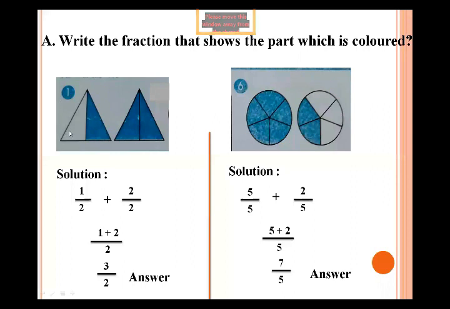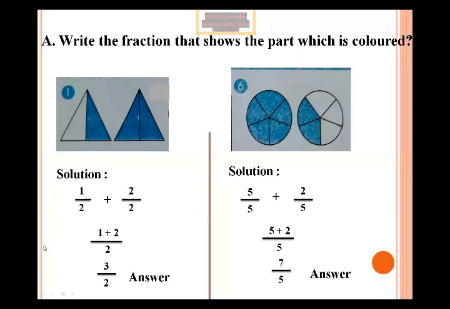For example, this question is showing two shapes. This triangle is divided into two equal parts and one is shaded. It means, in the solution, the fraction number matched to this is 1 upon 2. Now move to the next shape. How many total parts are here, and how many are shaded? Two parts are here, both are shaded. It means the fraction number matched is 2 upon 2.